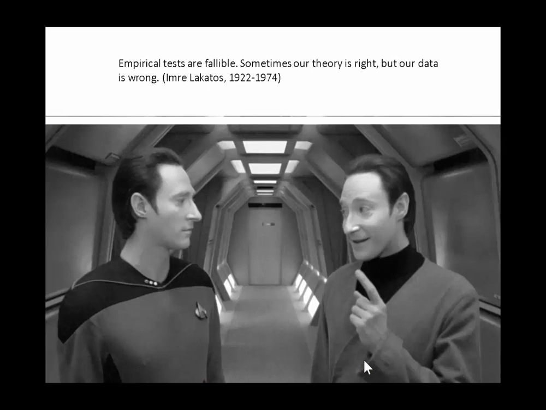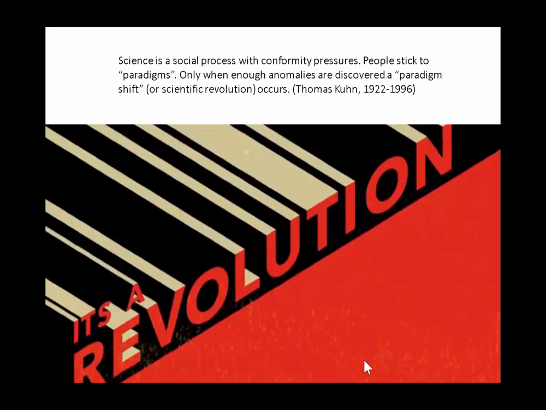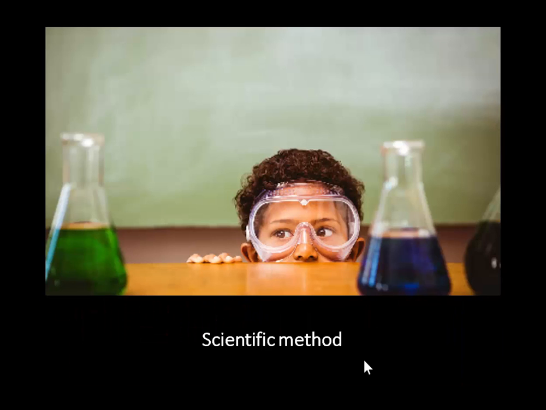He said that when we set something up for an empirical test, which is what we want to do with the scientific method eventually, hang on a moment, be aware that your empirical tests can be fallible. That means maybe your data is wrong, because maybe you collected the data wrong or some other mistakes were made. He's just cautious about that. Another philosopher of social science, Thomas Kuhn, said social science is a process, but let me jump over that because I want to get to the scientific method.